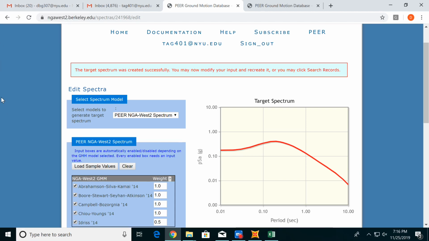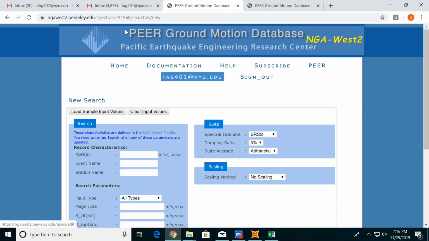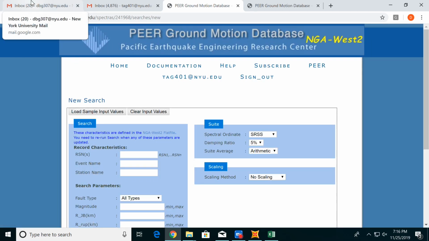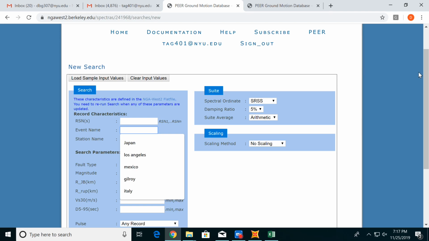So we are going to navigate to the bottom where it says Search Records right here. Click on that. And essentially what this does for us is gives us a lot of different user data points that we can input and find different earthquakes all around the world. So one of the easiest things to do is under event name, just type in a country, so like Japan or United States. In this case, I'm going to be using Italy, so just type that right in there